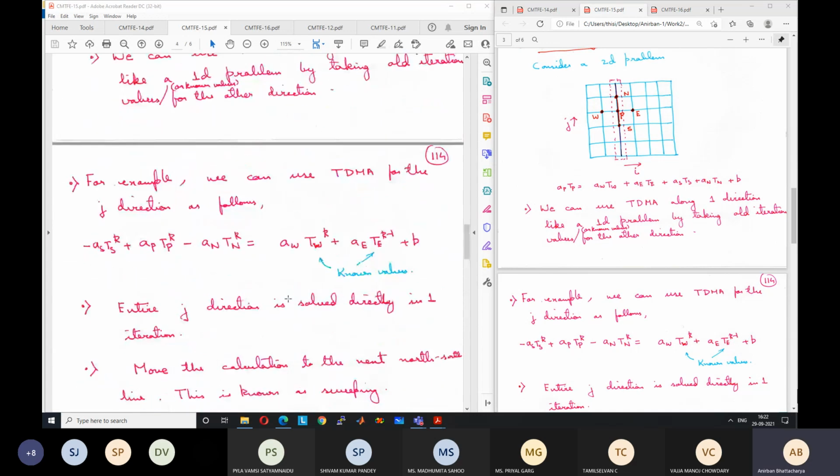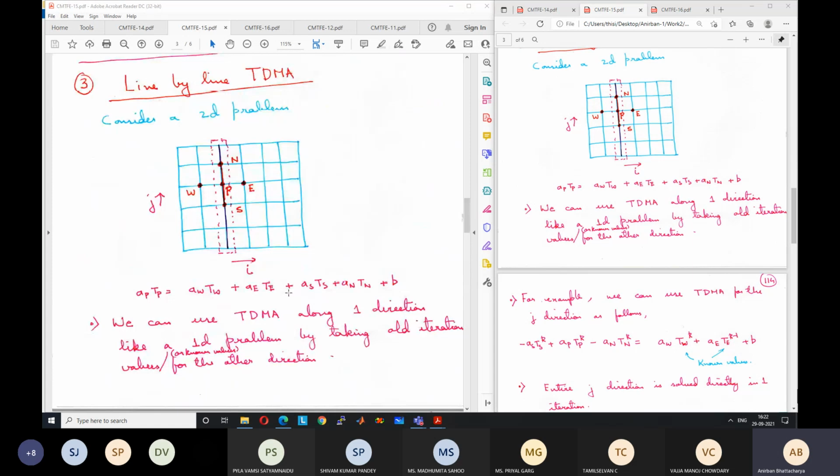So if you want to extend this to 3D, again the same thing will be there. You will have one line, again 1D, then you have to go from one side to the other side. Then you have to go to the next plane and again go from one side to the other side. Again go to the next plane and go from one side to the other side. So in one direction it will pass very fast. In the two other directions it will go 1 point at a time. But still it is much faster as compared to the Jacobi and Gauss-Seidel method. Although it looks like that we have to calculate again and again for a lot of lines.